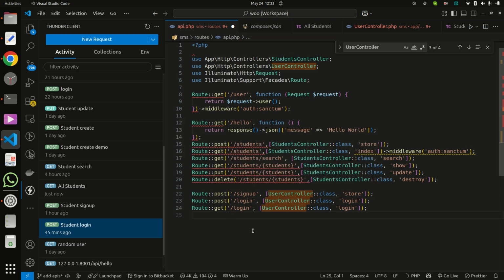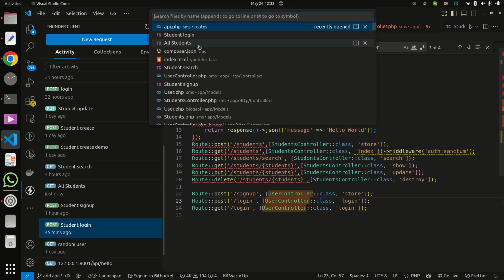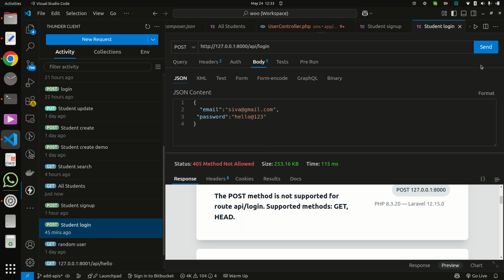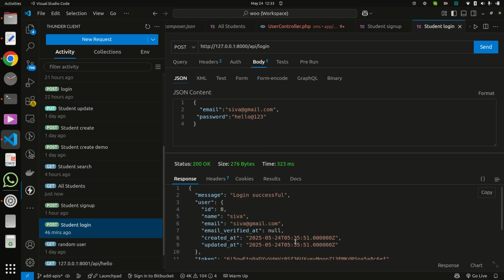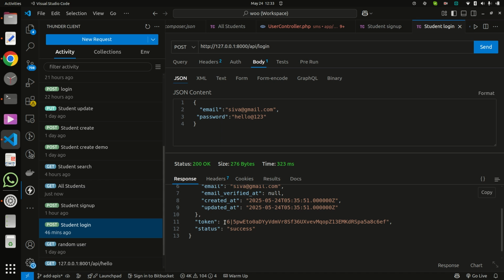This handles the case if anyone accesses Sanctum directly. Now go to student login again. Now the login is successful and the token is this.